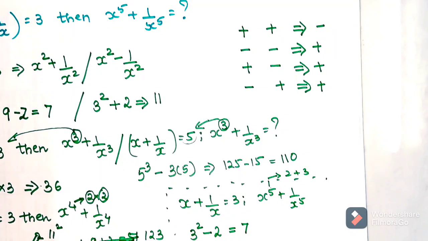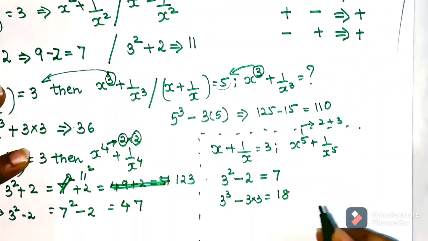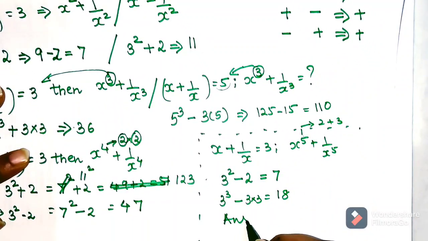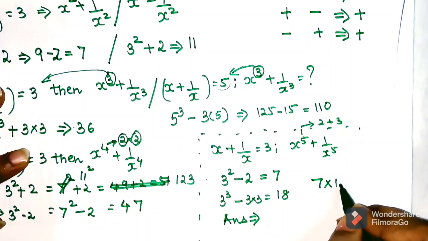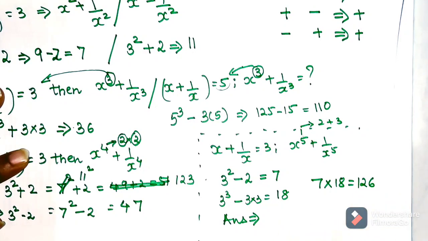Now understand, we will again do the operation of 3, but with this value. So that is nothing but 3 cube minus 3 into 3. So that is coming out to be 18. Now this is very interesting. Your final answer is nothing but 7 into 18, which is coming out to be 126. This is not your final answer; you're going to subtract the value given over here, which is 3. So your answer is coming out to be 123.